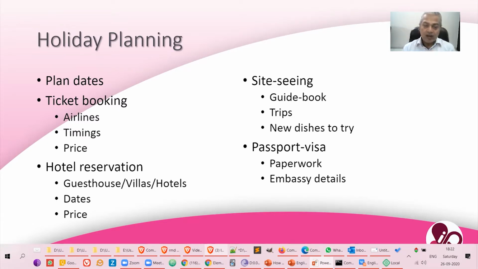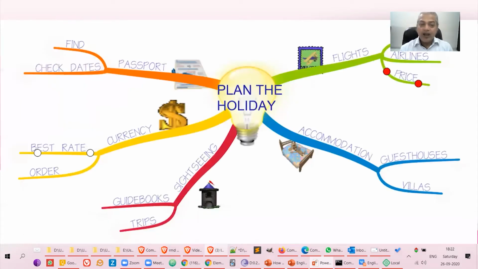That's where Tony Buzan came up with a technique based on how our brain stores information, which is with connections. An alternative way of planning a holiday would be to make this kind of map, where you have flight, and within flight you have prices, timings, airlines, accommodation, whether you want a villa or guest house, what else you want to explore, sightseeing, guidebook, special clothes, currency, all these things.